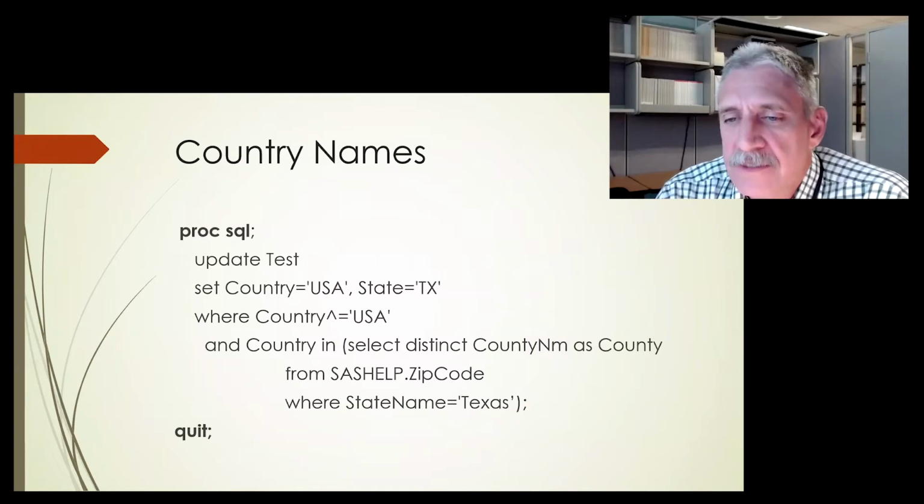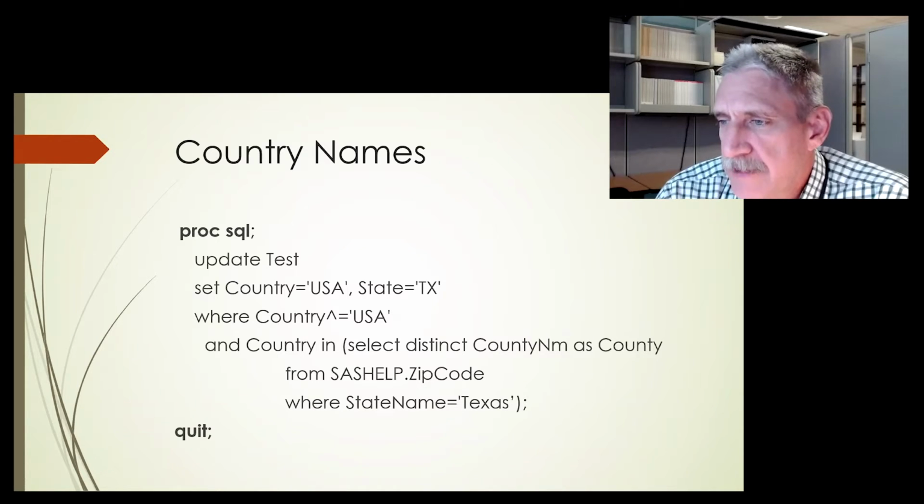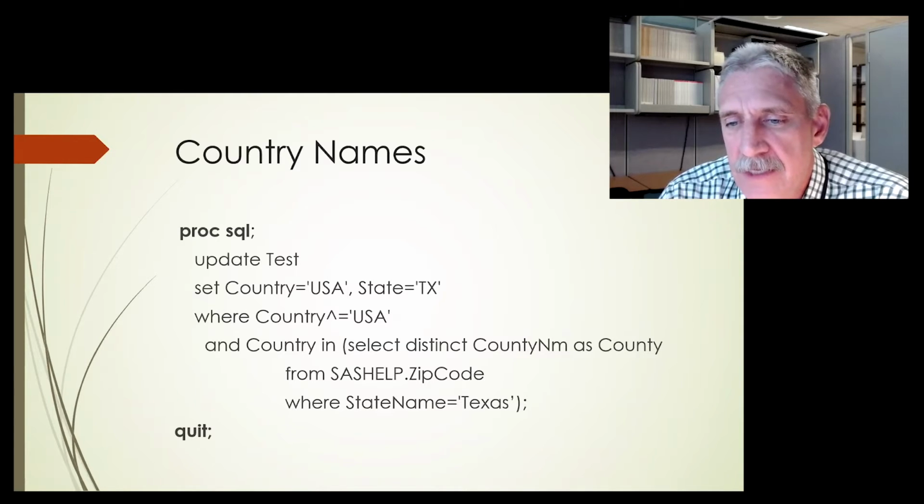Another cleanup, since county and country are often confused, just do an update of that. If the country is not USA, then you would want to set it to USA and the state to Texas if the country is actually a county name from Texas. So if the country is Dallas or Houston, that's a pretty good indication that they just misread it, and we can correct that data quite easily. Now, 95% of my data is from Texas. So I can be pretty confident that something like, let's say, Johnson County is in Texas.